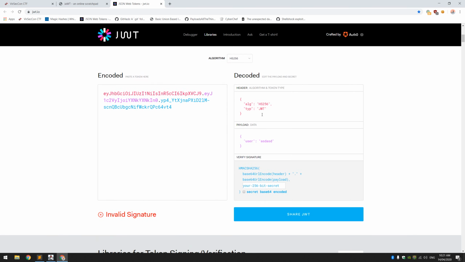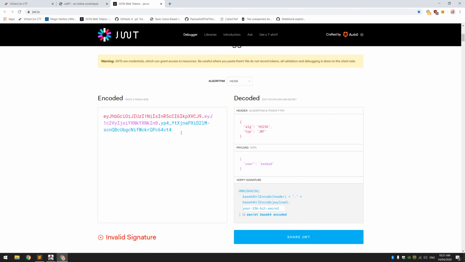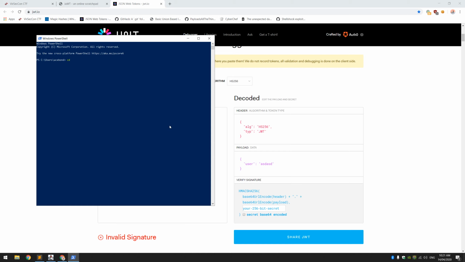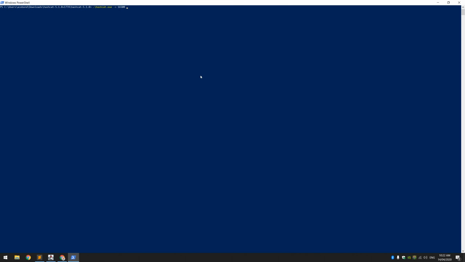I tried a few tricks with null algorithms here, but those failed. Turns out that it's actually just a brute forcing of the secret key. So let's grab hashcat. That's the mode for JWT. Skip long passwords, just the hash, and